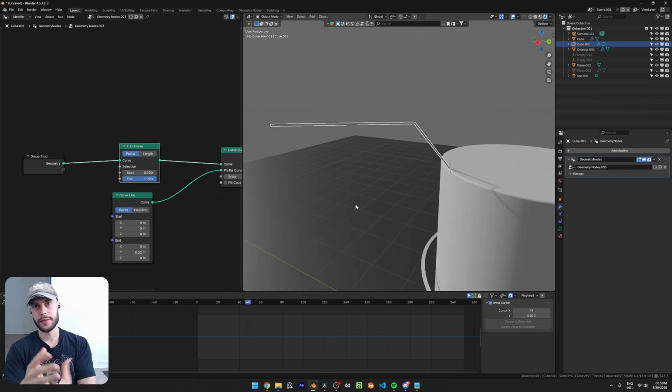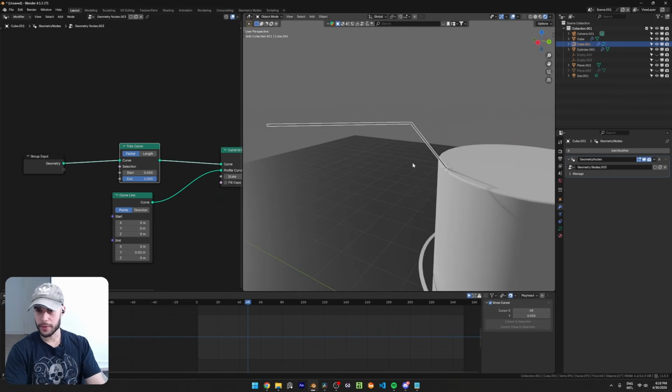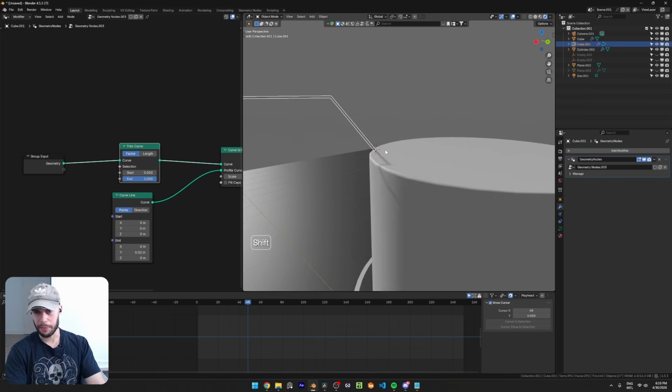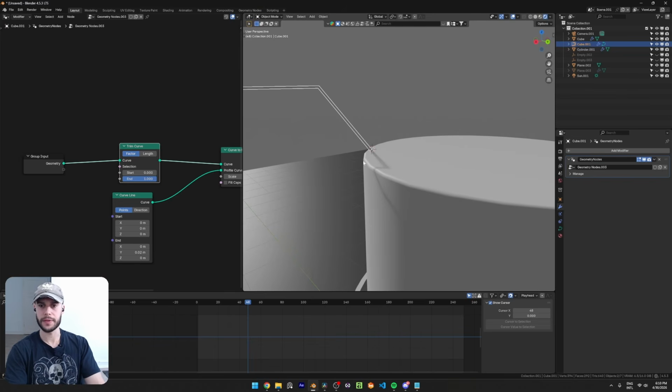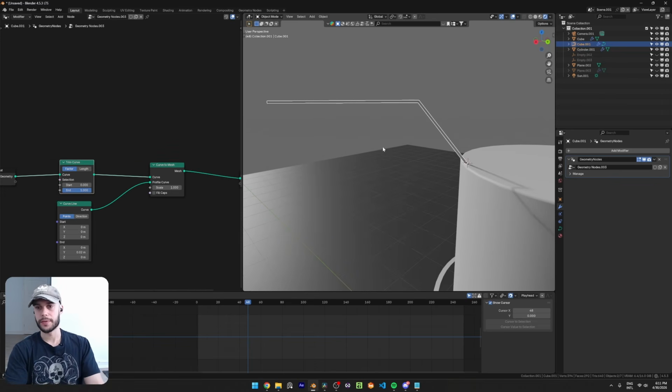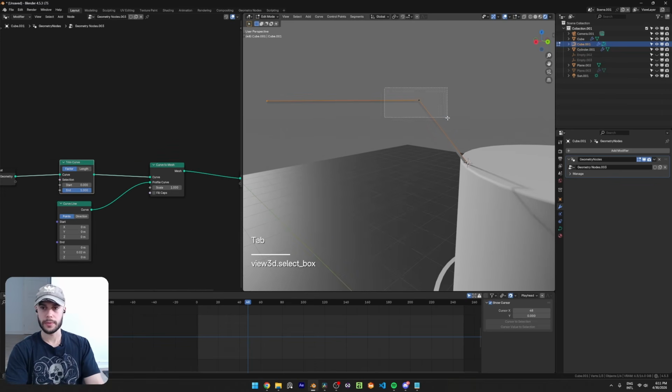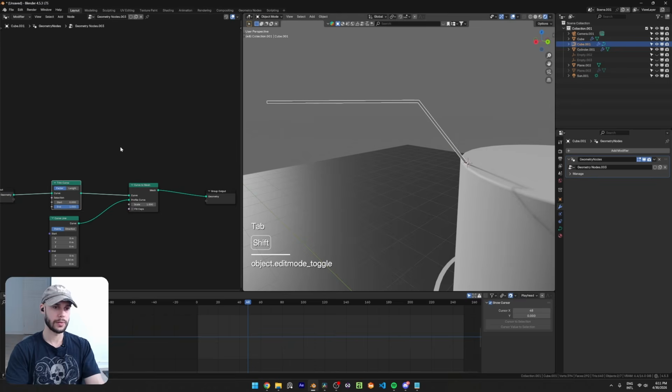So let's add to this effect. Maybe we want to create some point at the tip of this curve, so it's more obvious where we're pointing at. And we can do that very easily in geometry nodes. So in this curve, we have 3 points. So 1, 2, 3. And maybe we want to create something on each end. We will basically end up creating 1 point here at the end. And here we're going to use this point to create text. To do that, we go